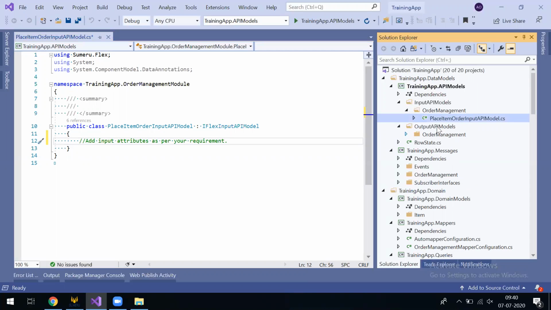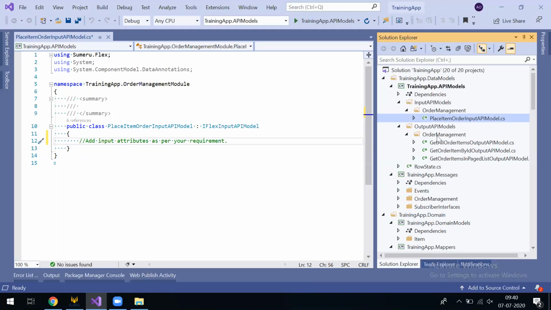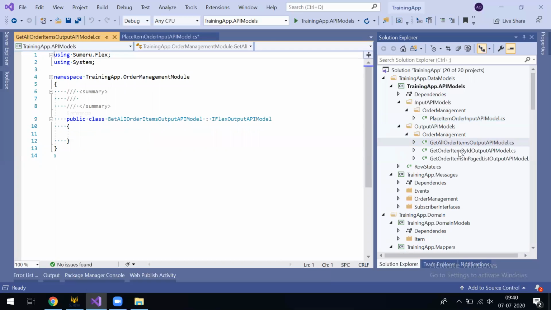Similarly, any output API models are there. Like we had 3 features where we need to fetch data. So these 3 features: get all order items, get order item by ID, get order items in page list. So the output model for all these 3 is over here. So you can define your output API model attributes in these files. The files have been generated here.